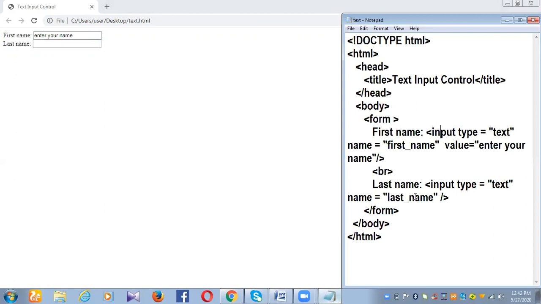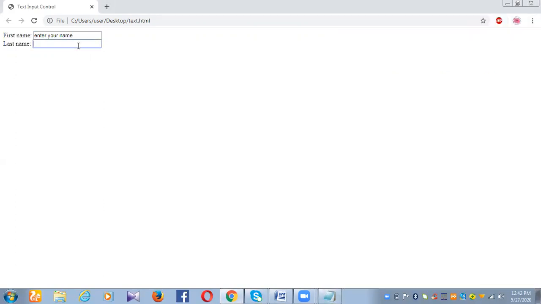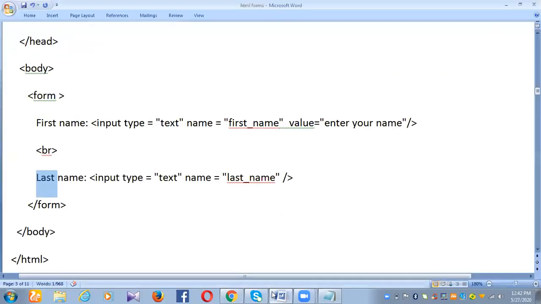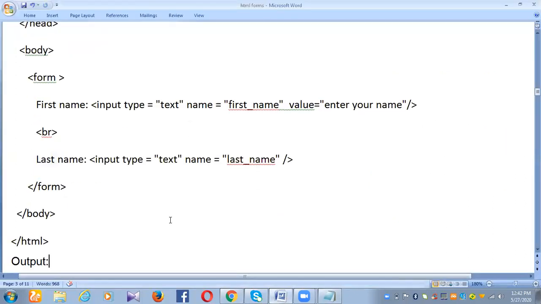Okay, but here I did not take any value. That is the reason here it is default blank. Here the value is mentioned where we have written "enter your name", but this is one default where it will be blank, right? So hope you understood the difference. Okay, so moving further,